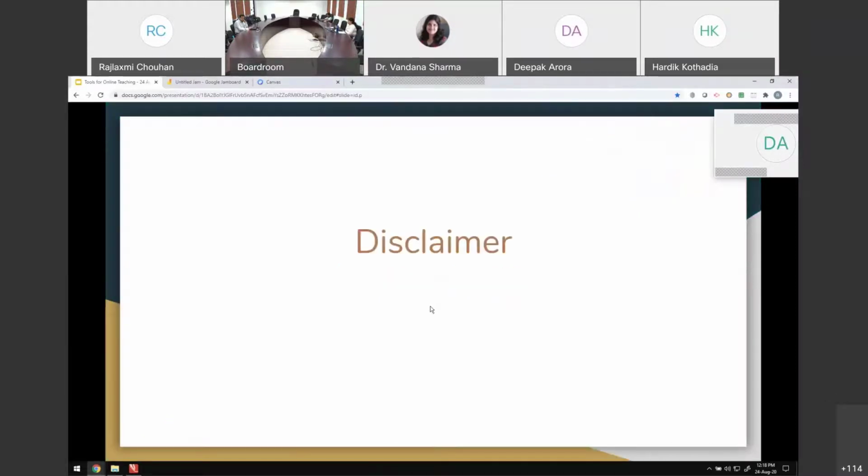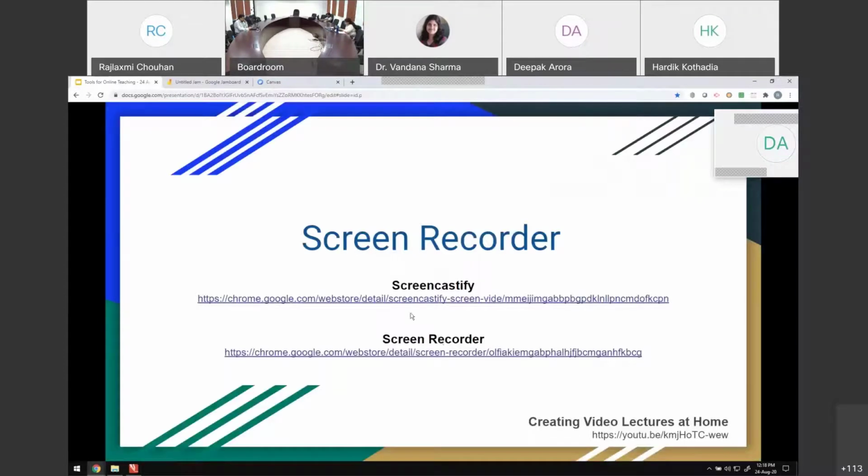Before I talk about the extensions and the apps, it's important that I state that all the extensions, apps and platforms that we are talking about in today's session are just examples, right? Because we are sharing a lot of data and sharing screens, it's very important that you are careful before installing these apps, and check what kind of access you are allowing them on your browser or on your account.